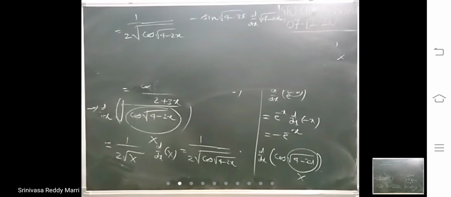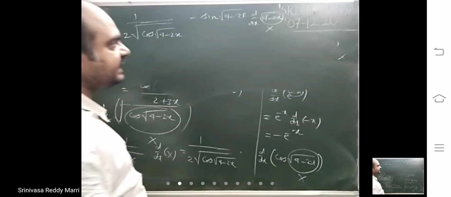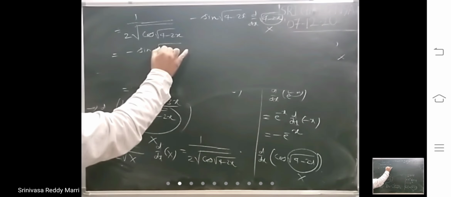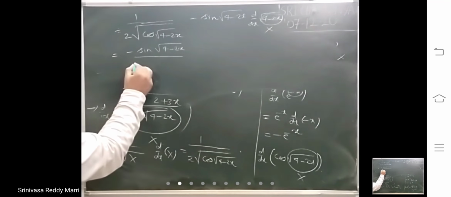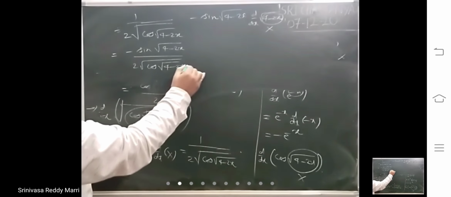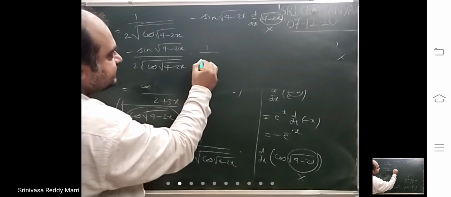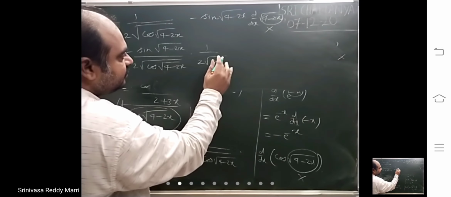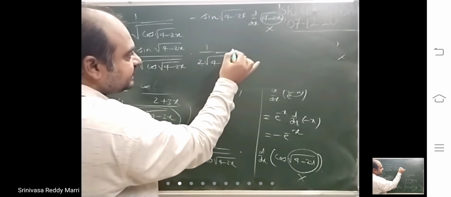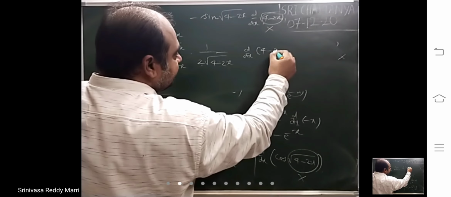So now this is of the form root x. This under root 1, whatever it is there, that you take capital X. That means minus sin root of divided by 2 root of cos root of, this is d by dx of root x. D by dx of root x is what? 1 by 2 root x. 2 root capital X means this. Again d by dx of whatever the x has been taken.